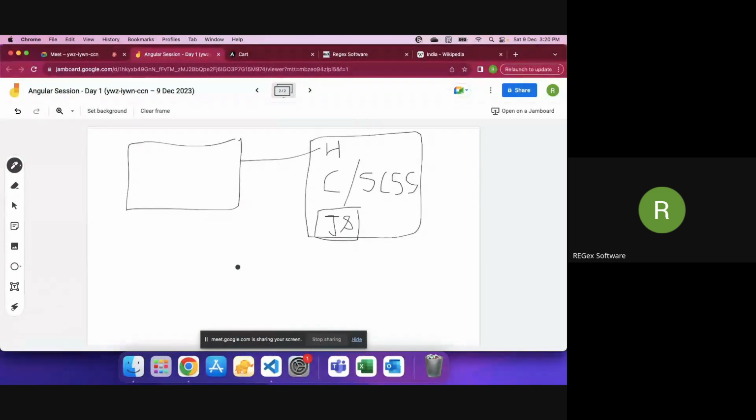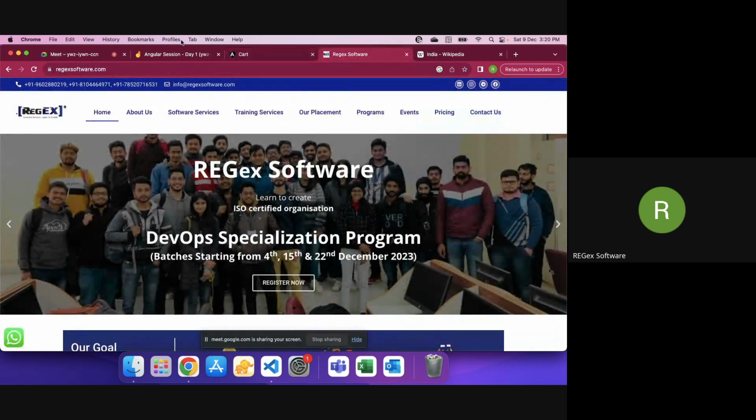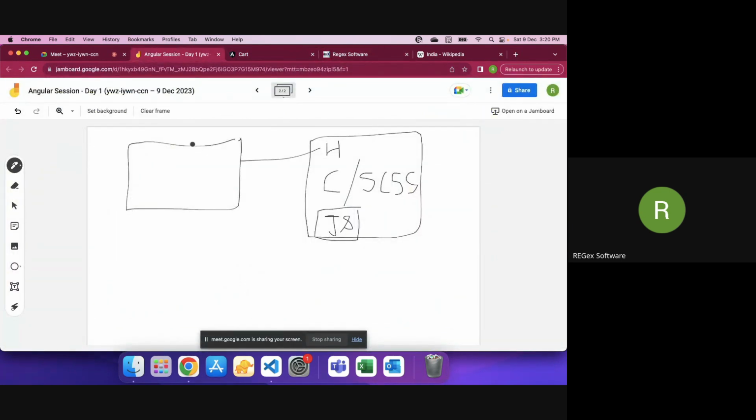Those applications include calling APIs, showing real-time data, and changing things with respect to the user. For example, we do add to cart, we increment and decrement things with buttons, and on the basis of clicking these buttons, the information should change. All these things are done with JavaScript. Now, with JavaScript, doing these things became very easy. Earlier, it was done with the help of PHP, but now with JavaScript it is very easy to do